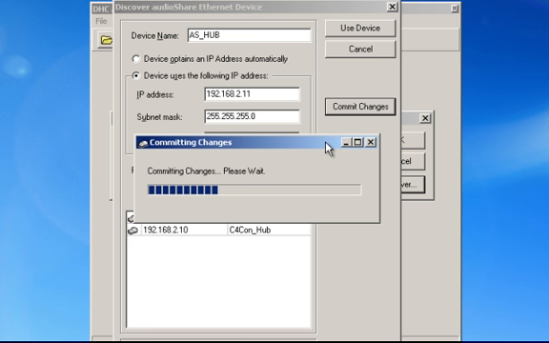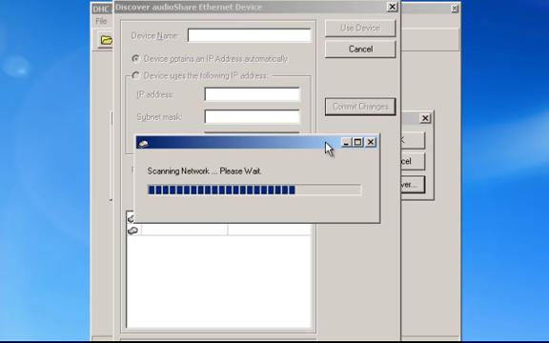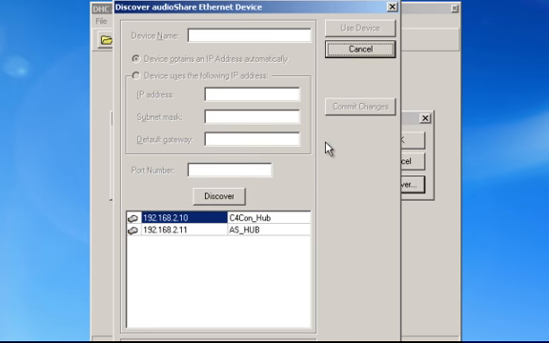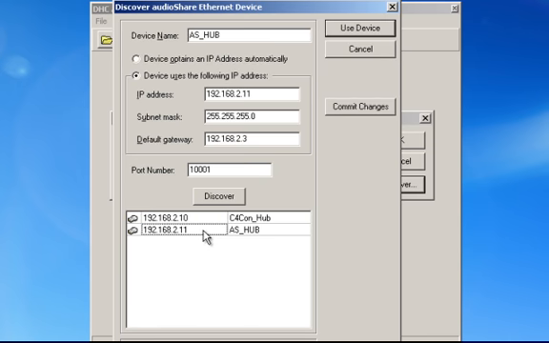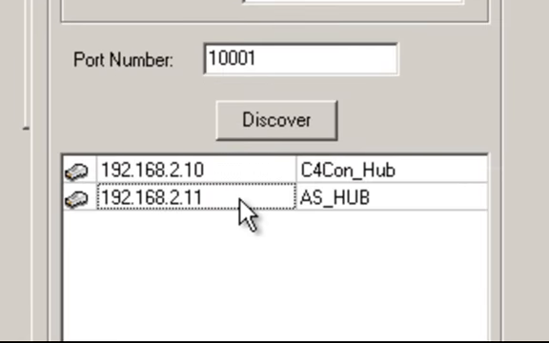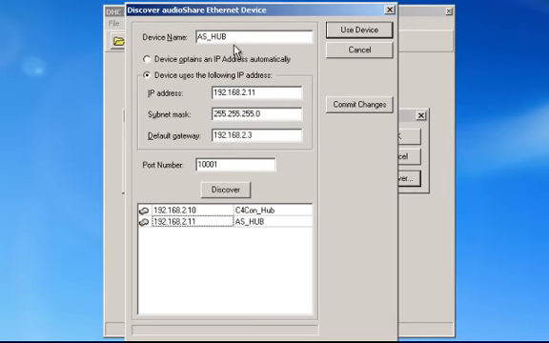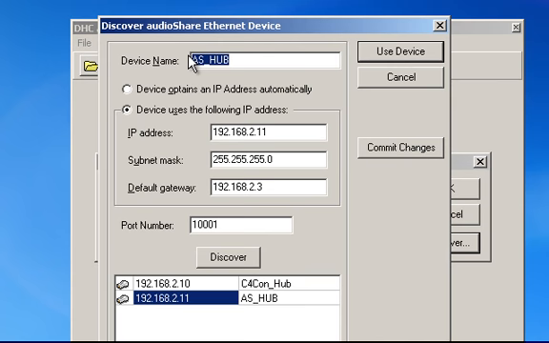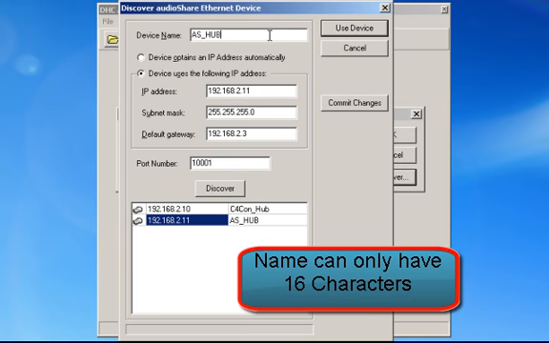These changes will typically take about 15 to 20 seconds. When it is complete, the AudioShare programmer will rescan the network, and it will discover the devices again. You'll notice that now it is set to a static IP address of 2.11 as I've set it. You can also change the device names the same way by just changing the name to whatever you would like and pushing Commit Changes. Just keep in mind that you can only use up to 16 characters in the device